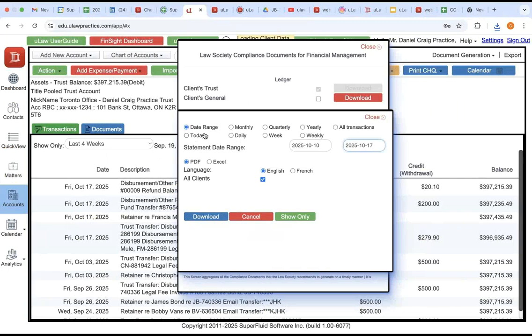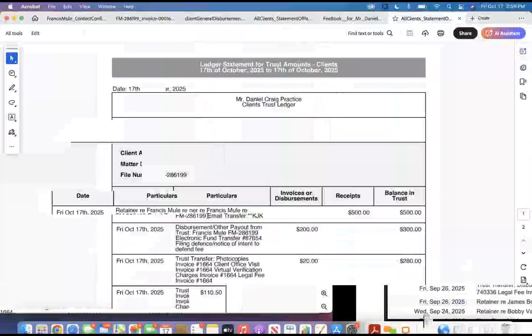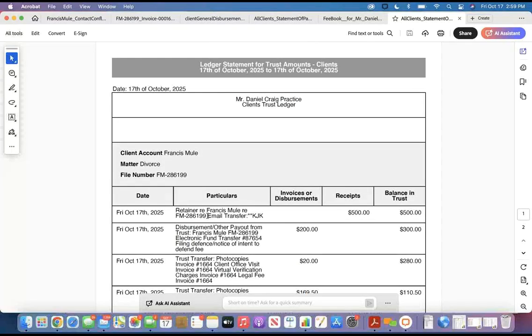Lastly, to show you all how the client's trust looks, actually with the payment that was made from trust to general and the payout of trust.